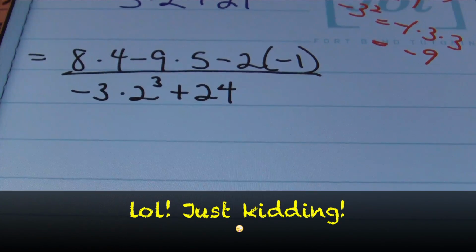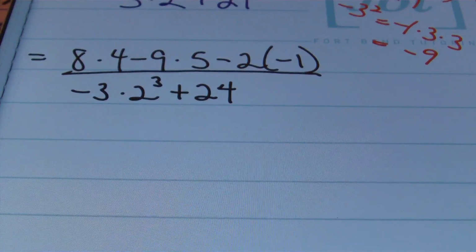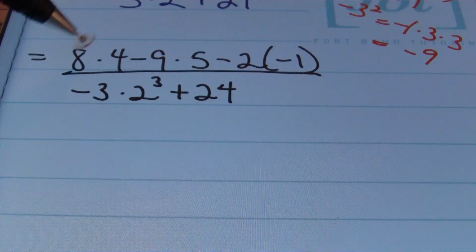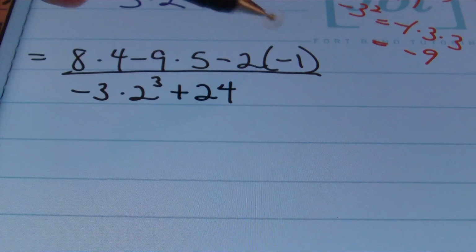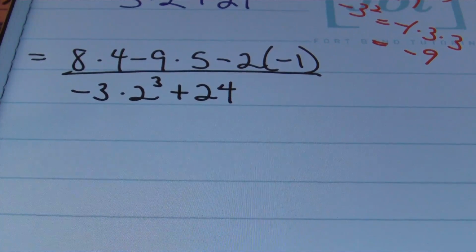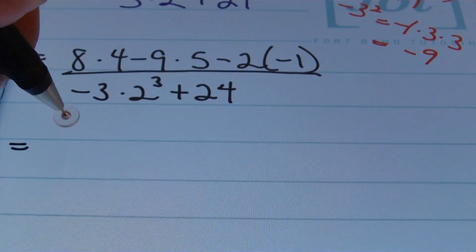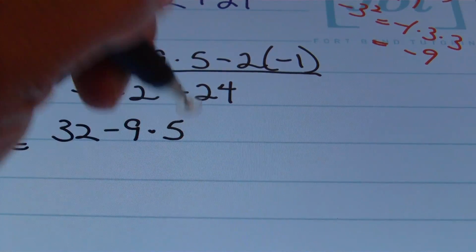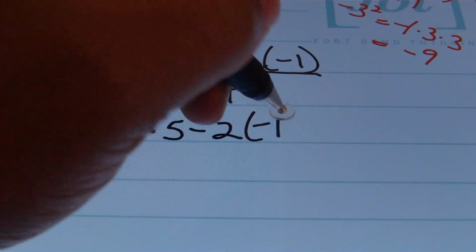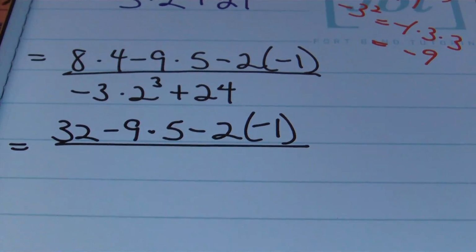So here we go. Next, we have in the numerator multiplication, and our multiplication will be in the form of 8 times 4, we have 9 times 5, and we also have negative 2 times negative 1. But remember, you do the order of operations from left to right. So the 8 times 4 is going to be next in line, and 8 times 4 is 32. So I have 32 minus 9 times 5 minus 2 times negative 1. All of that is going to be over